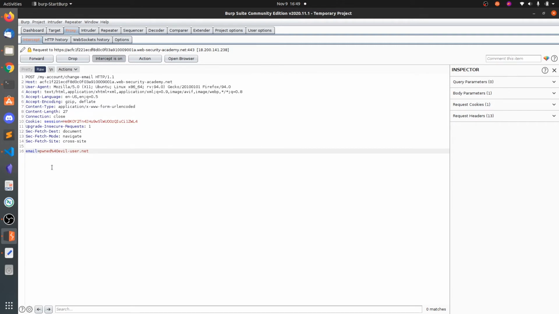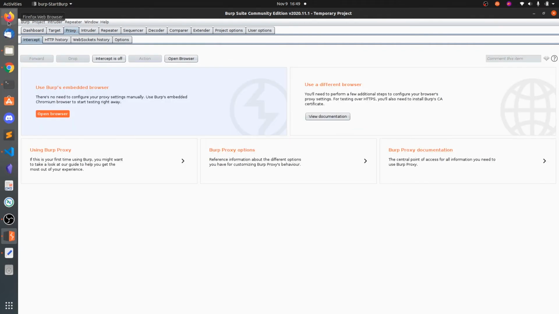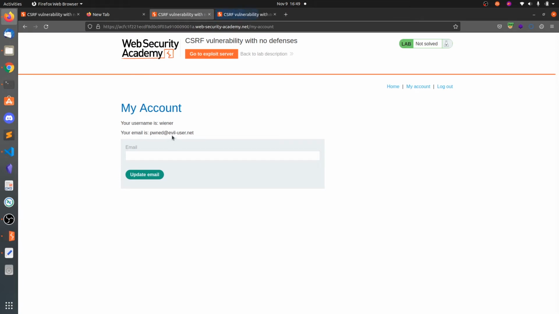this here, pwned to red. So you can do it like this, and now you can simply turn intercept off, and if you refresh this page, you can see the email has been changed. So this vulnerability arises because of no proper checks for the important actions,